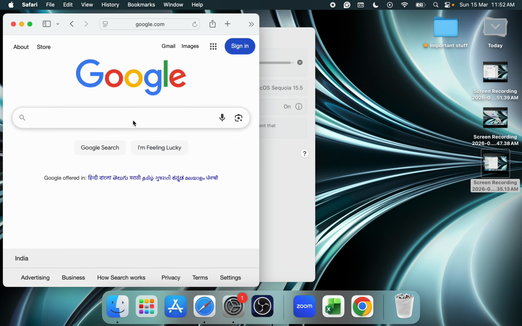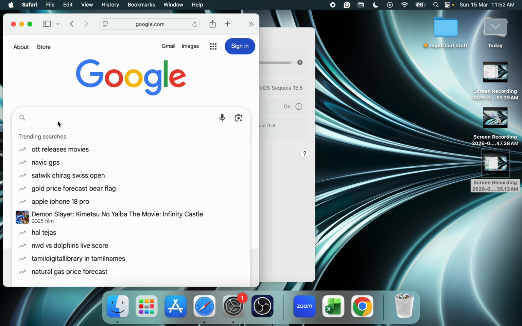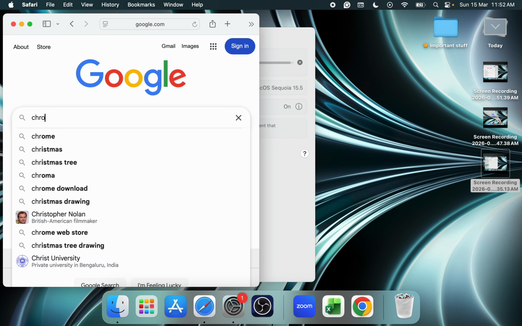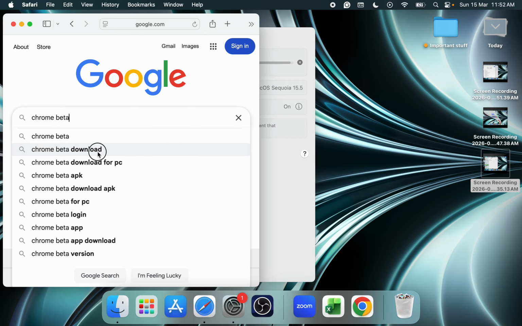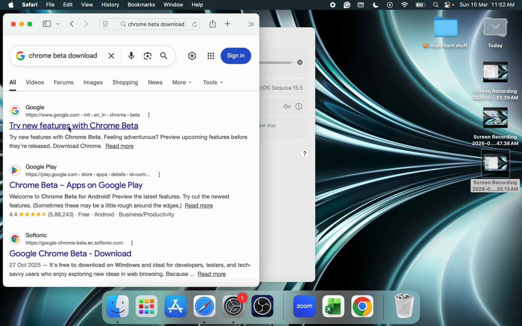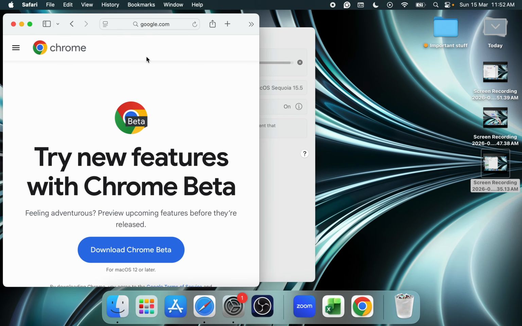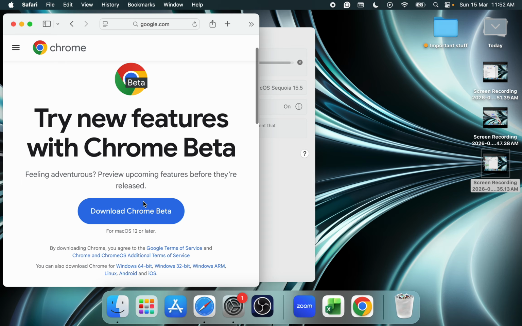To install Chrome Beta, in Google search you can type in Chrome Beta download, and then you can go to the Google website which says try new features with Chrome Beta. Go to the official website, and here you can see download Chrome Beta for Mac OS 12 or later. So click on download